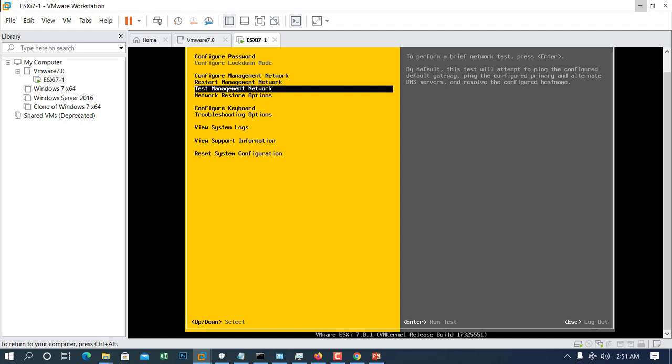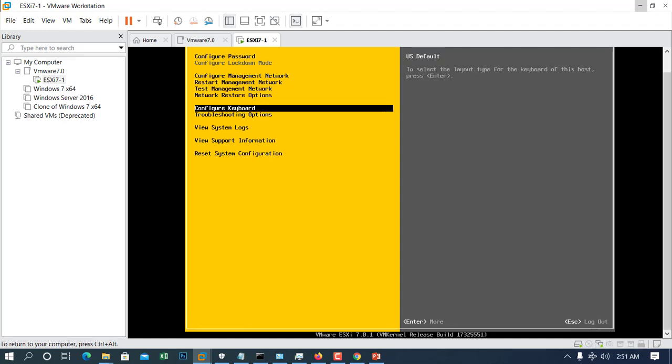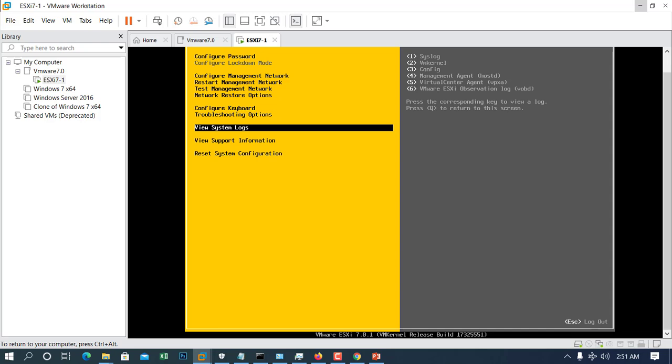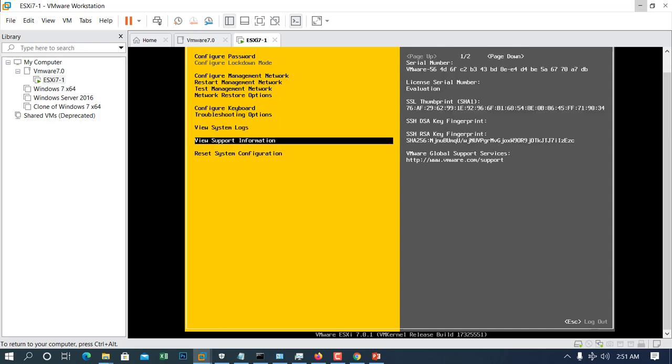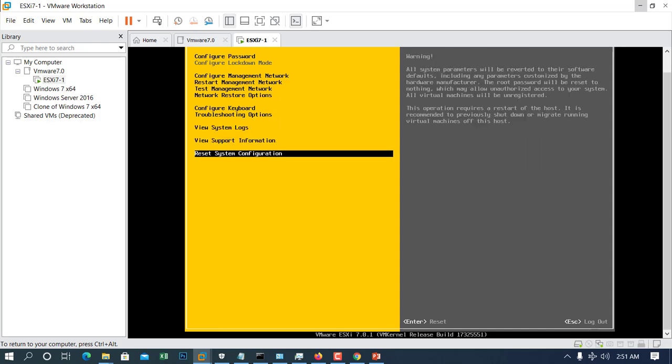After that we have keyboard configuration, which is by default the US keyboard, troubleshooting options, view system logs, and reset system configuration, which resets all your configuration to the default one. On this screen I usually use three options: one for changing my password, one for changing my IP address, and one for changing the DNS or DNS suffix.